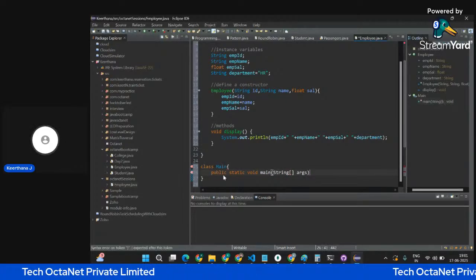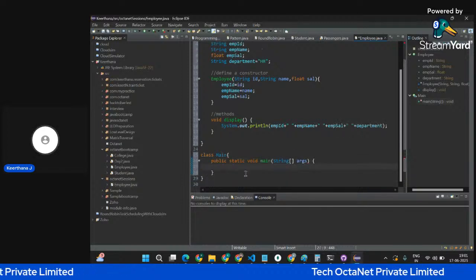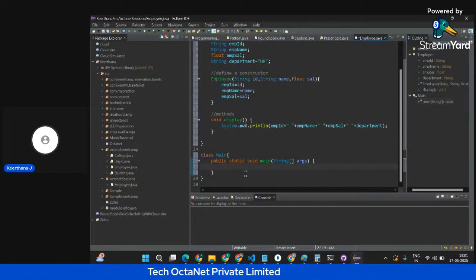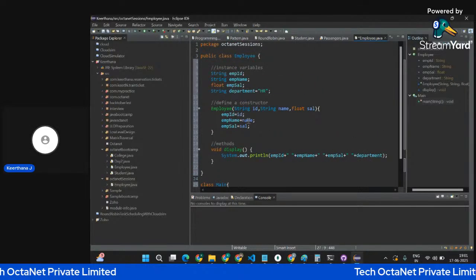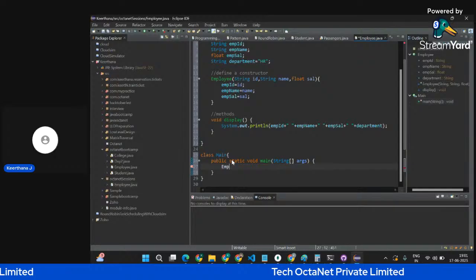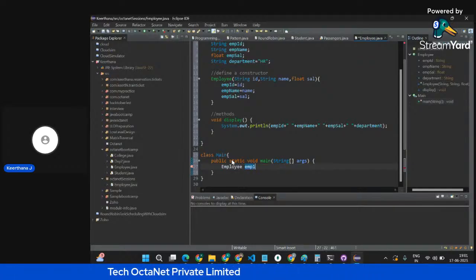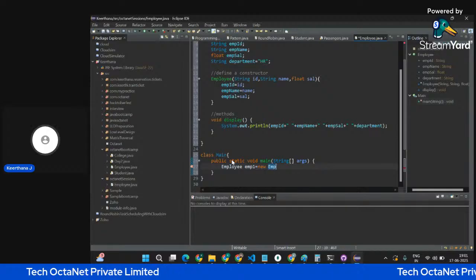And as I've already said, if you want to manipulate or access the methods and attributes which are present inside a class, you need to create an object. So let me create an object for my employee class. The syntax will be the class name. Employee is my class name. So emp1 is my object, equal to new Employee of